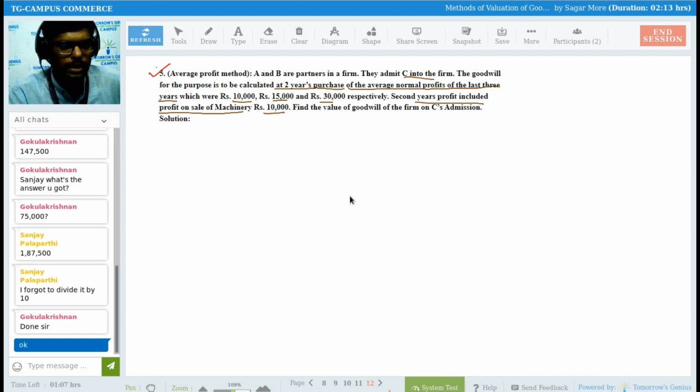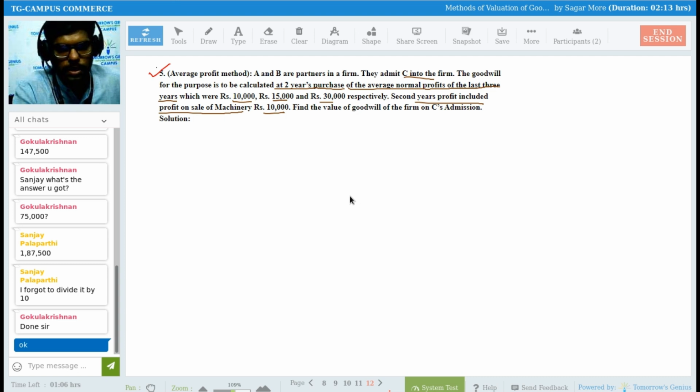As I said, which income do I need to consider? Recurring income. Which expenses? Recurring expenses. So non-recurring we are not supposed to consider. Sir, you derived a profit of rupees 10,000 after selling a machinery. So sale of machine is not my business. My business is manufacturing and selling of this pen. After selling this pen, whatever income I am getting, that is my recurring income, that is my recurring profit. The selling of machine is not my business. Even if I earn the profit, it's my income, but that is not required for valuation of goodwill.